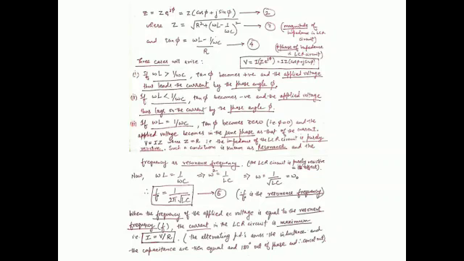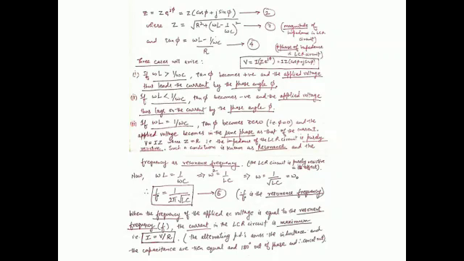Now the complex quantity, the impedance Z cross, can be expressed as Z, that is the magnitude of the impedance, times exponential of j phi, where e to the j phi can be expressed as cos phi plus j sine phi, which is equation number 2. Here the impedance magnitude Z is simply equal to under root R square plus omega L minus 1 by omega C whole square, which is equation number 3.